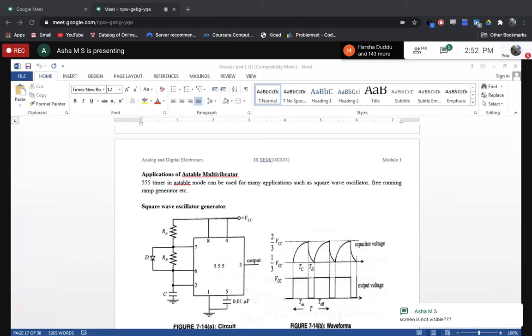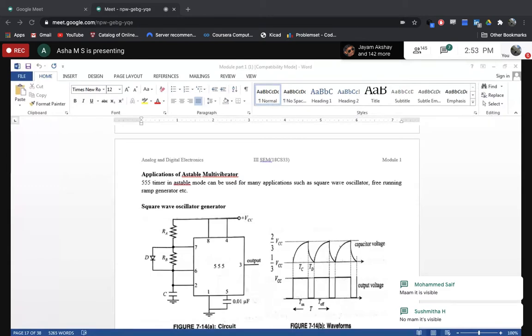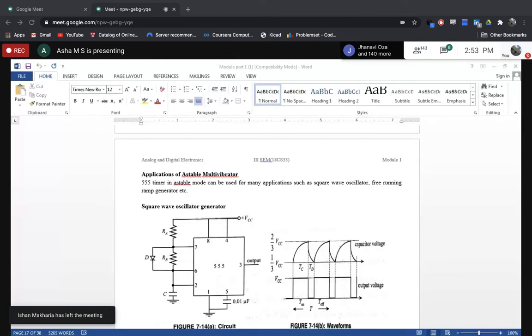And how exactly are you going to design that? By choosing the same values of RA and RB. On the screen you can see the circuit. We have two resistors, and the values of both RA and RB that we choose are the same, so that we achieve this 50% duty cycle. This same astable multivibrator we are again implementing in the lab. You will implement it and understand it better in the lab. So we have this as a lab cycle experiment.